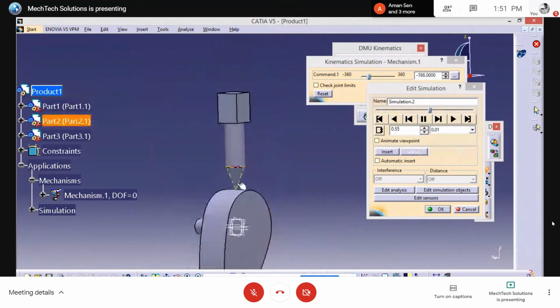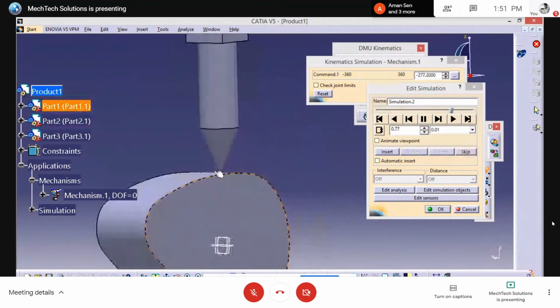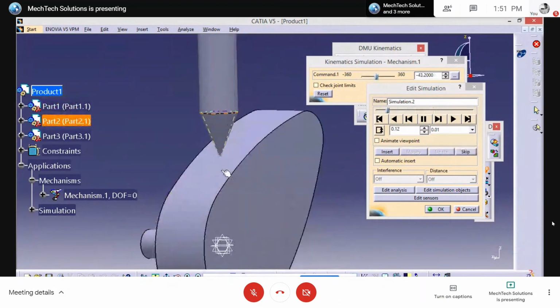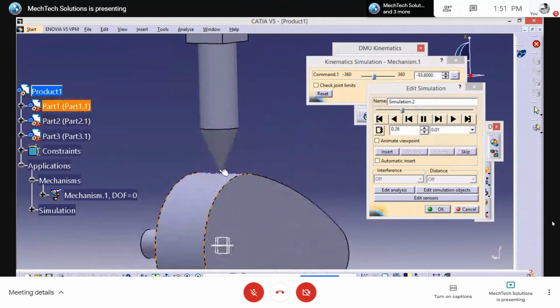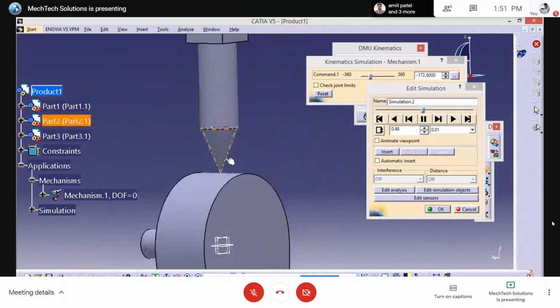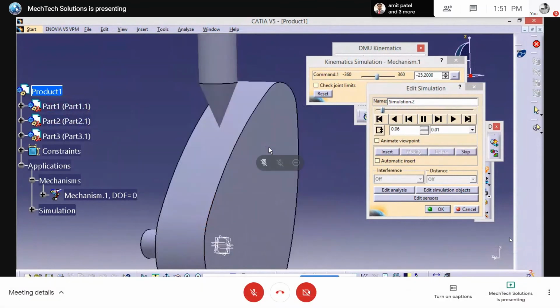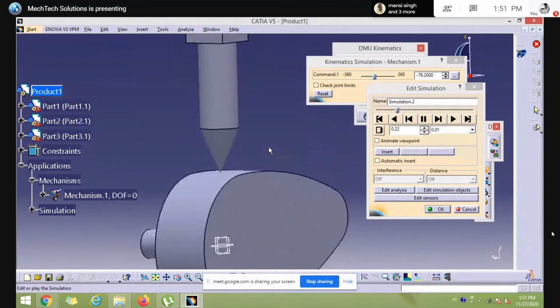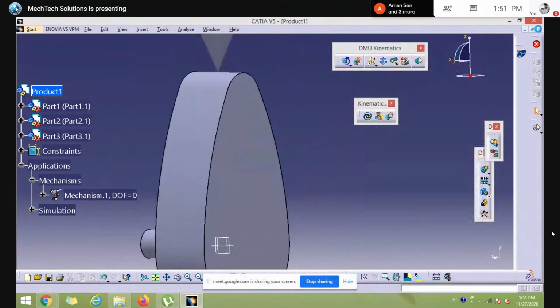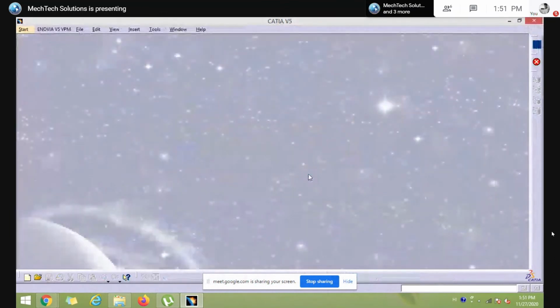We have created a relation between the point and the curve. This point should be in contact with that profile during the simulation. Once again, I am repeating this whole mechanism.